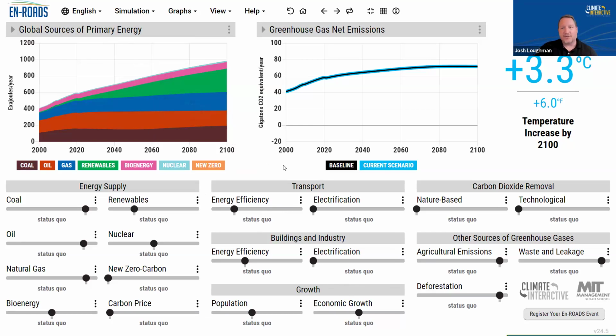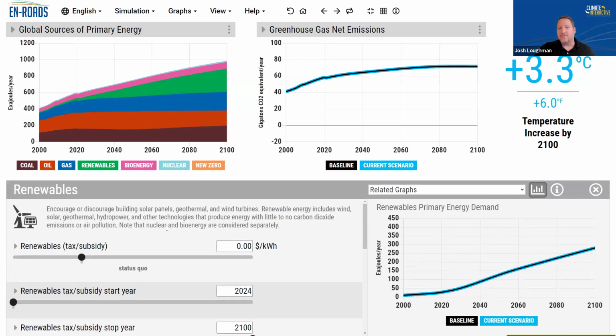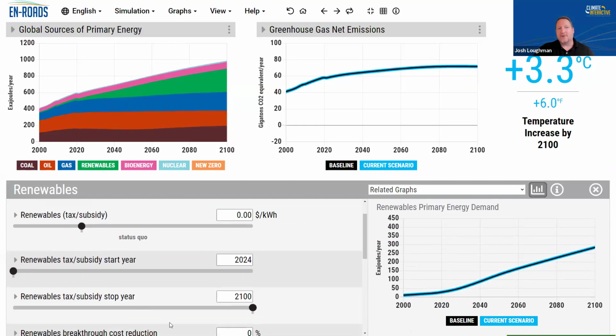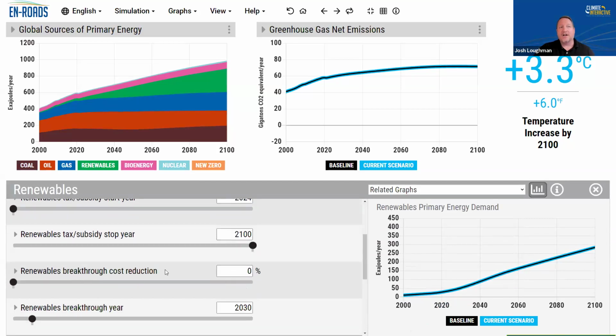I think this is a great one to start with because this really speaks to one of the other things that we changed earlier this year. So this is directionality. We can have more renewables, less renewables. But if we click here on the 3 dots, of course, we can go in and we can set a more precise subsidy for renewable energy. We can establish time controls for those policies. We can look at the economics of those